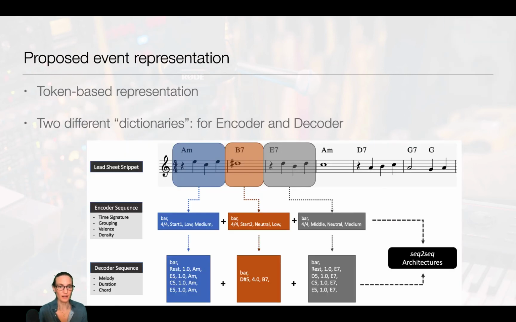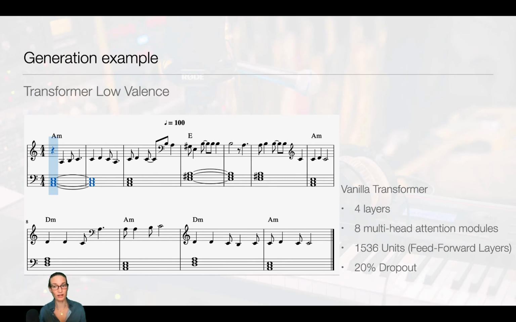For instance, the encoding will look a little bit like this. In the encoder, the user inputs time signature, density, etc. And you just feed it an event-based representation based on these features, and it gets decoded by the system, or translated, into chords, duration, and notes. Okay, so basically into lead sheet. It is ready for sequence-to-sequence architecture. So what we did is first we tried a transformer, which gave us pretty good results.